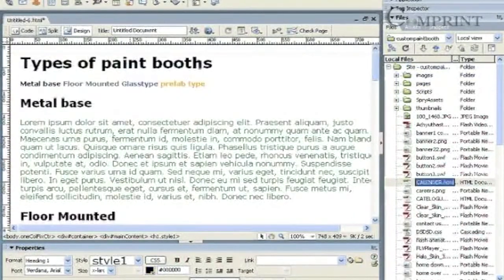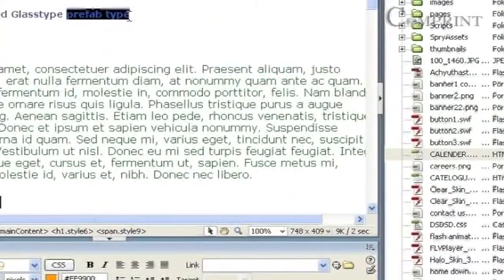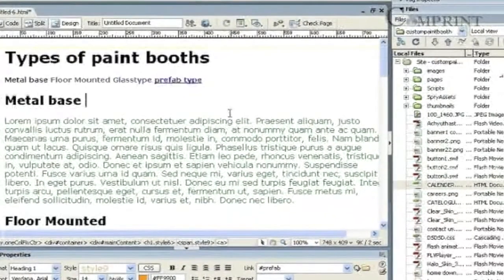Now let us go to the top of the page and choose the text which we want to make into a link. Now go to its properties. In the link area, type the hash symbol or the number sign. Now type the name of the anchor, that is prefab. Here we could see this text is converted into a link.